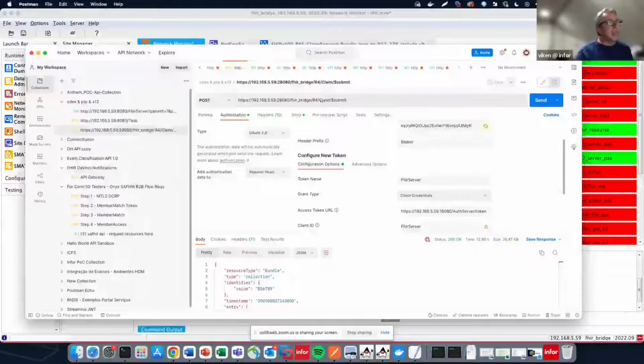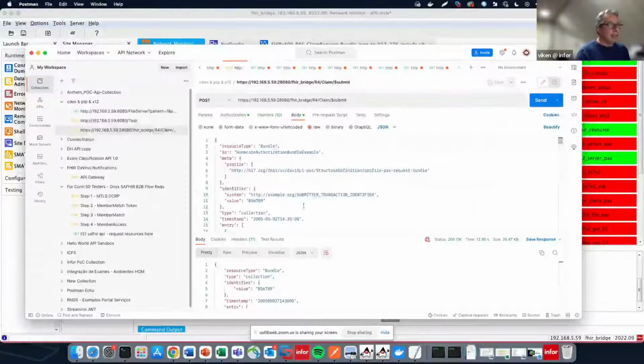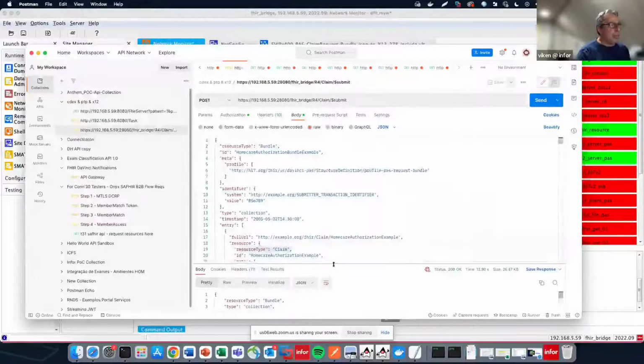In this case, we're using the claim $submit FHIR operation. This claim $submit is going to expect a FHIR claim bundle, which is right here.